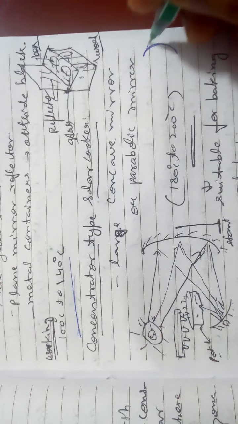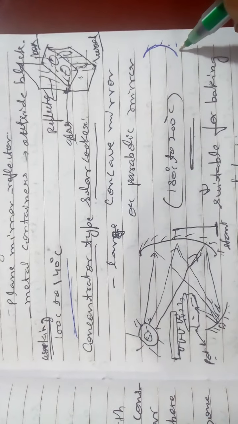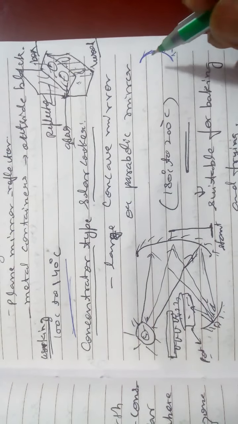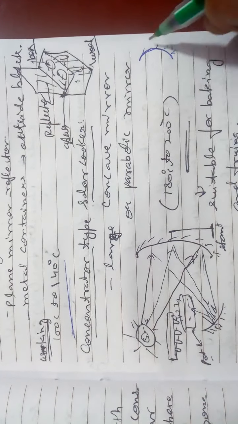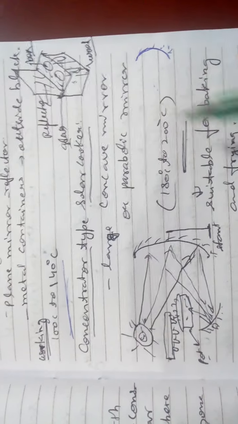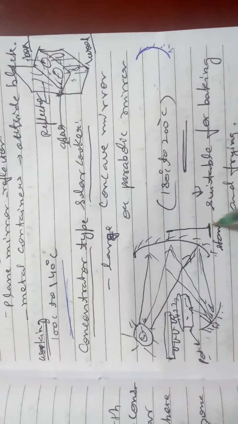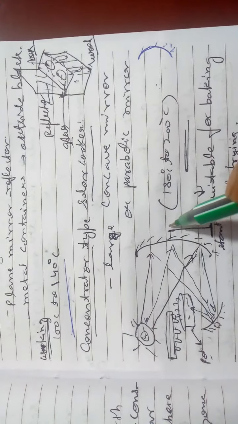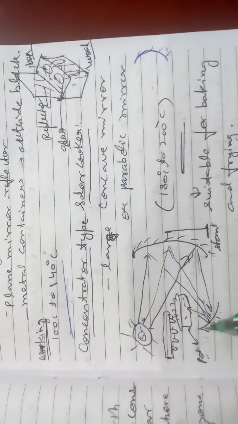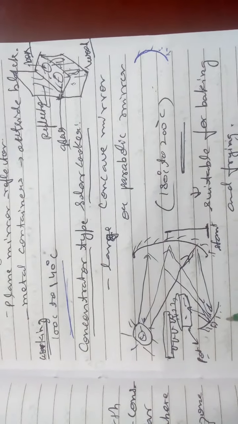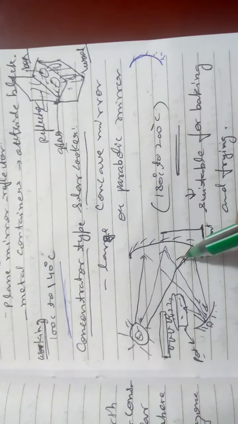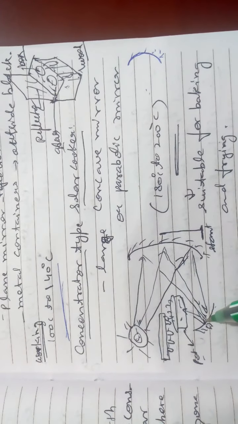Inside and outside is painted. It is called the concave mirror, which collects the light at one place, centralizing the light at one place. It is placed on a stand, and this stand reflects all the sunlight to another concave mirror which is placed here. First, the maximum sunlight outside is taken and trapped on this,